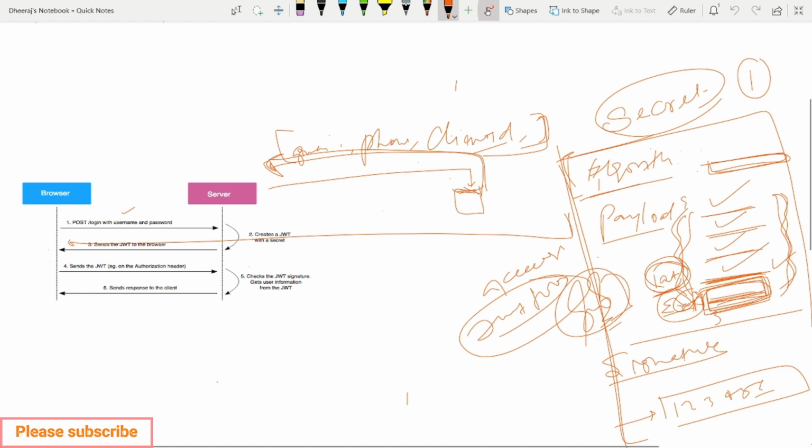Now, what it says is, like I've already discussed with you, this JWT token has all the information. This JWT token, which the server has prepared, has all the information: what algorithm they have used, what payloads they have passed, and what secret signature they have used. Now the client will add, as I already explained how JWT works,